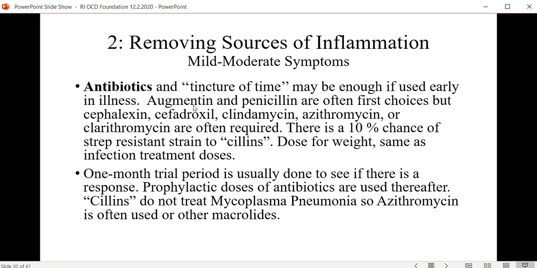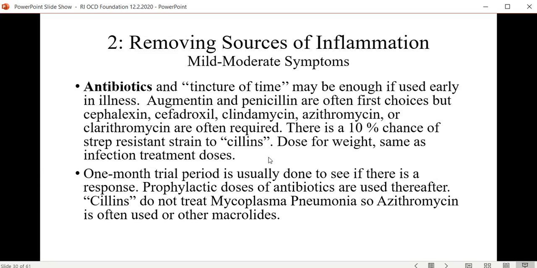The medications are often penicillin, or Augmentin, which is a version of amoxicillin and penicillin based, but also you have allergies many times to those meds, and we move on to other things. There's a 10% chance of all Augmentin type and penicillin type drugs, to have strep resistant to those drugs. That's just standard, and all pediatricians deal with this all the time. If you've had your child with strep infection and they don't get better, you know you're going back to a different